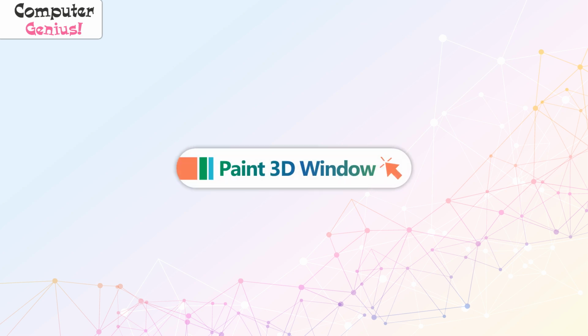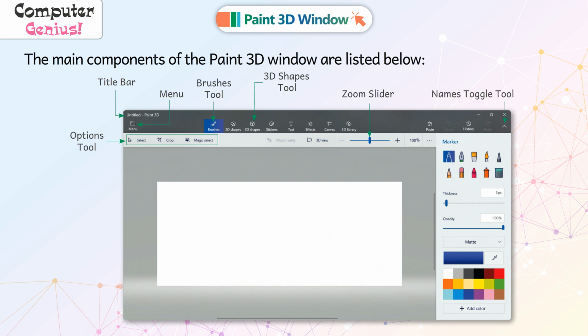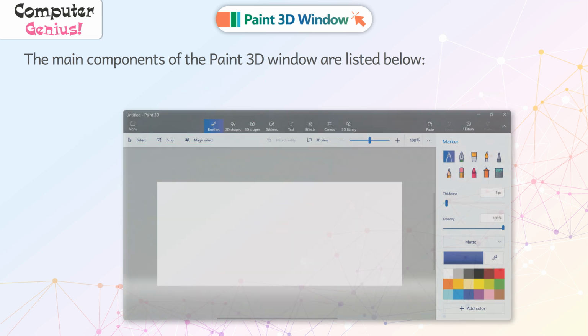Paint 3D window. The main components of the Paint 3D window are listed below. Options tool, title bar, menu bar, brushes tool, 3D shapes, zoom slider, names toggle tool, brush options, canvas, color palette,